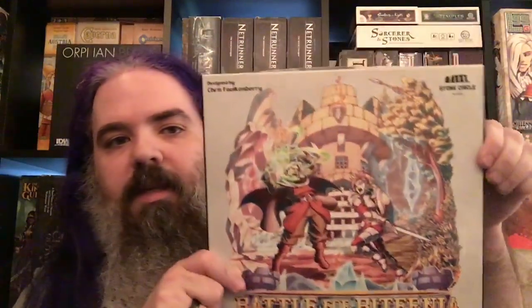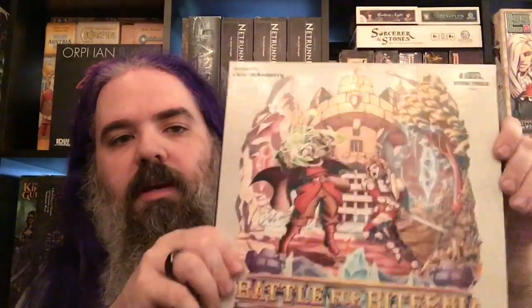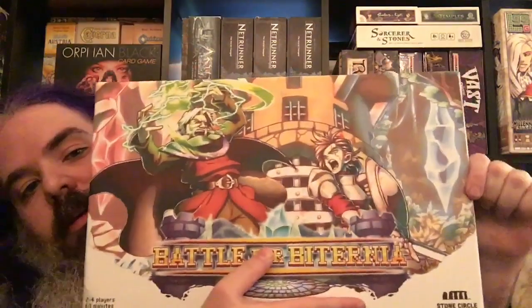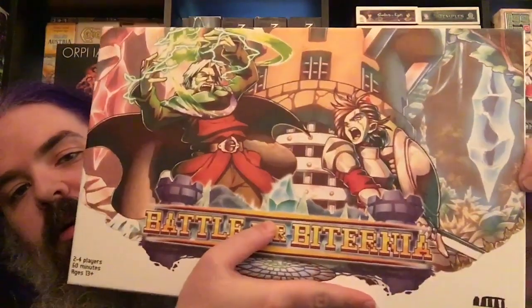So, back in the day, I did a video unboxing and walkthrough of this guy right here, Battle for Biternia. This is a Game Crafter version. As you can see, very much a prototype, and the bits inside were very prototype at the time. It went up on Kickstarter. It was successful, very happily so, and now I find myself in possession of the final edition of the game,